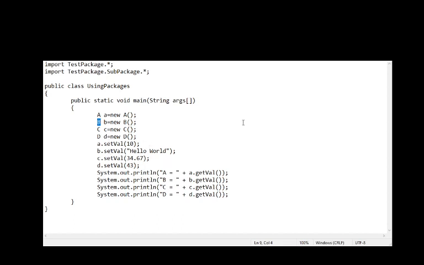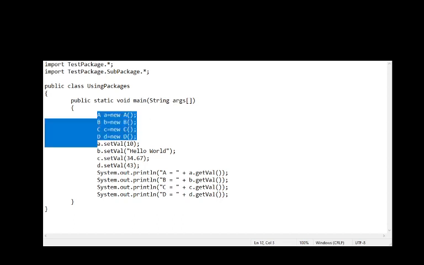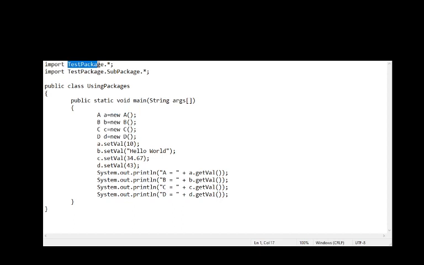And for that, we have to keep the .class files for class A, B, C and D in the respective packages. So A, B and C belong to the package test package.